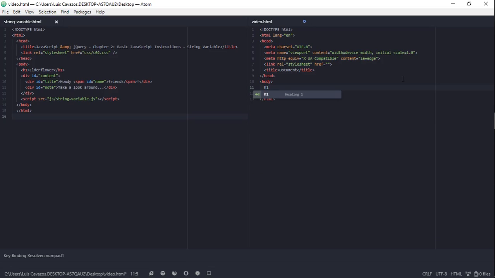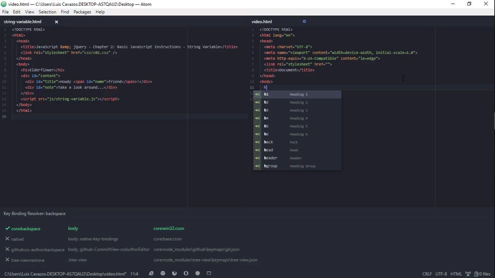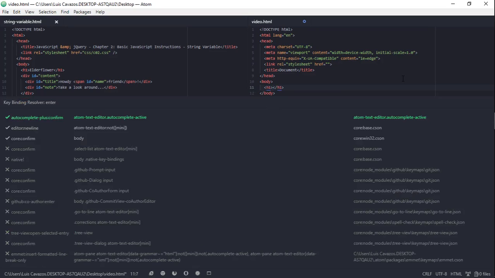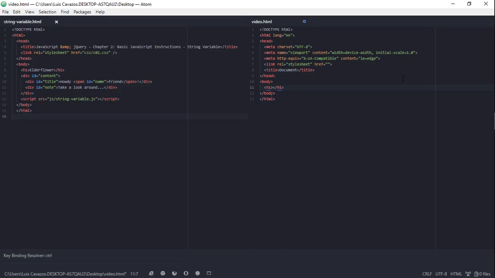H1. Be careful not to press enter. It's very enticing to just press enter, right? So it's an H1, it's right there. Just press enter. But then it does the text editor's shorthand and gets you out, because with text editor shorthand you press enter, and with Emmet shorthand you press tab. So just go back. H1. And then underneath that, or a sibling of that, would be